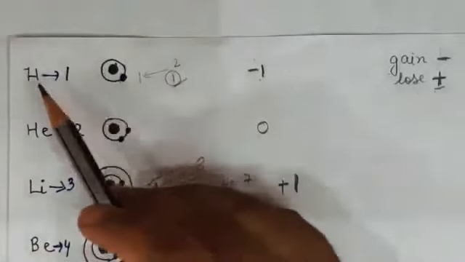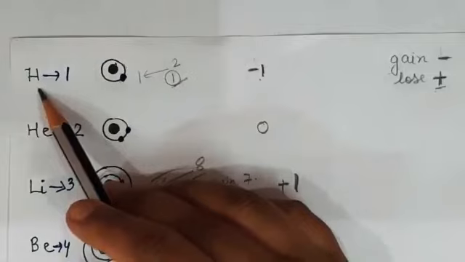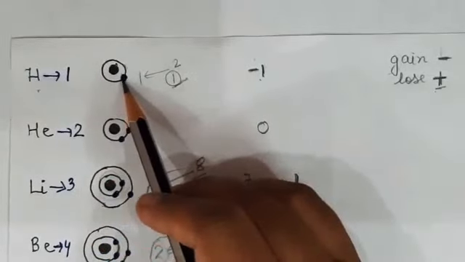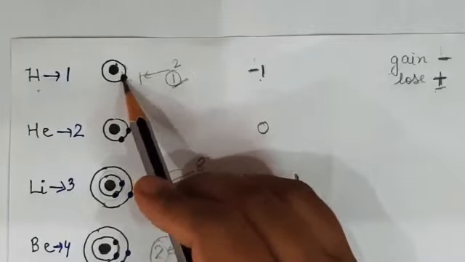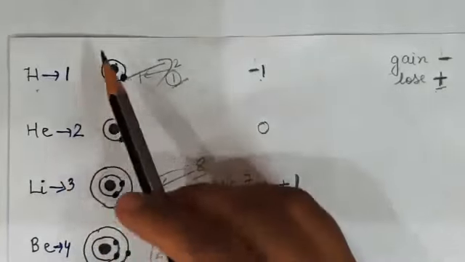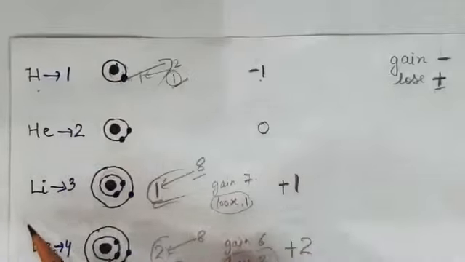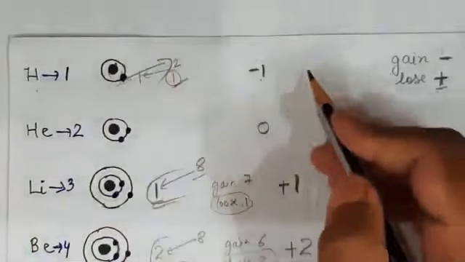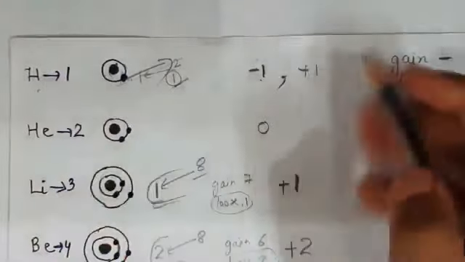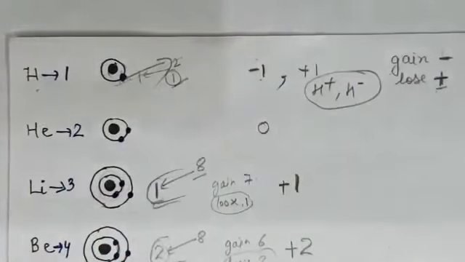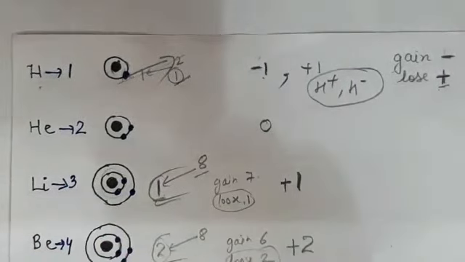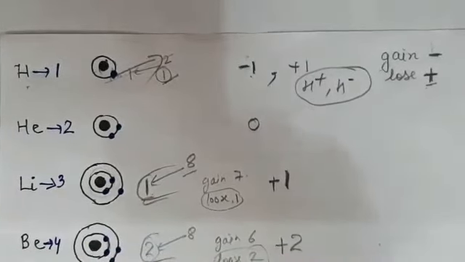One more thing, students. This hydrogen. It is losing 1 electron. Sorry, it is gaining 1 electron to make this doublet configuration. If it loses this 1 electron, only the nucleus will be there, that is also stable. So it is losing 1 electron, so plus 1 charge can also be there. So hydrogen exists in the form of H+ and H-, both. Okay. So this was about the concept of valency.